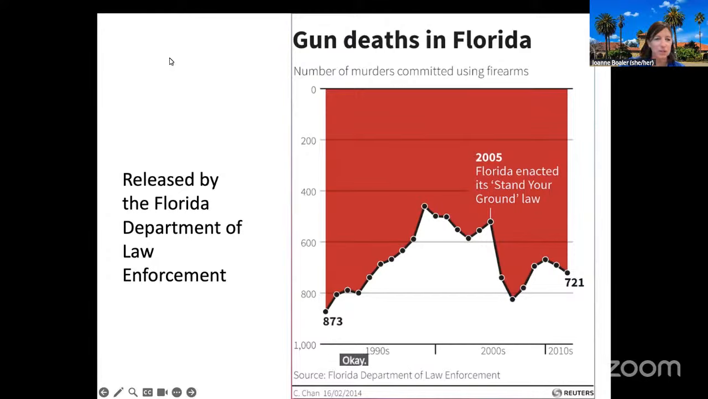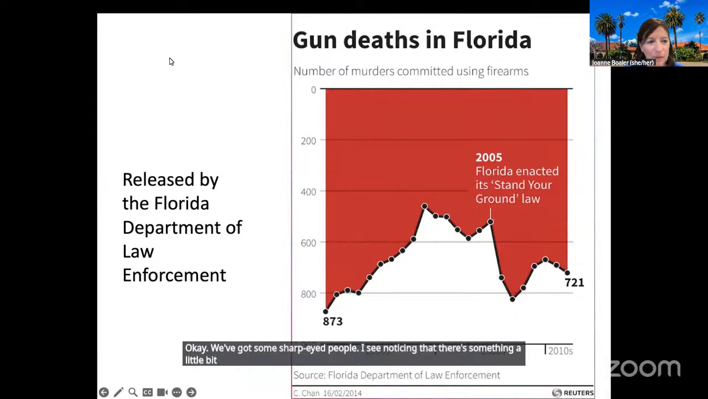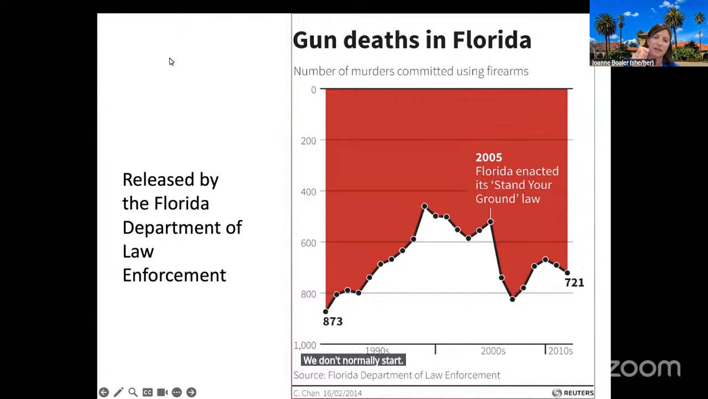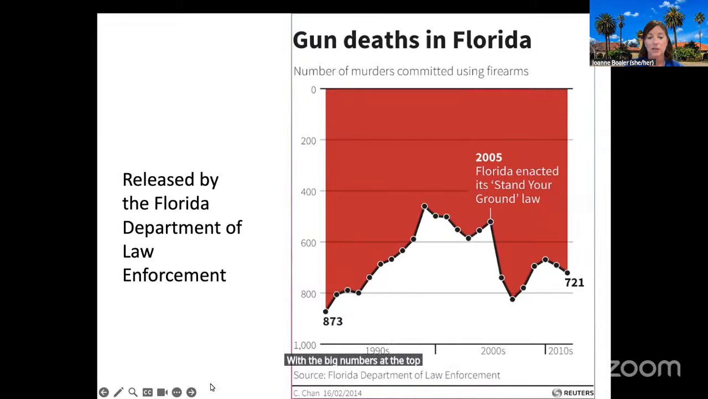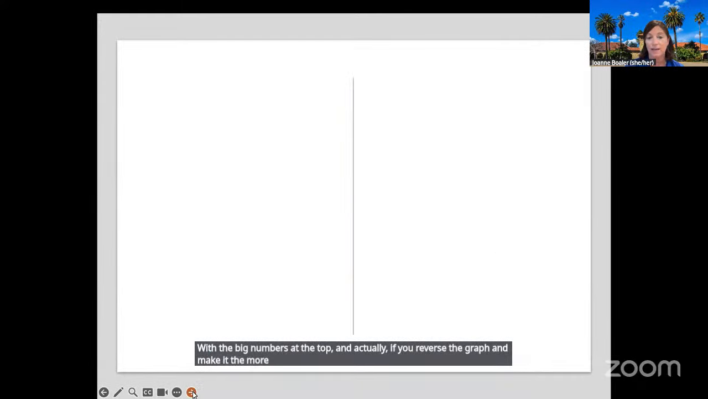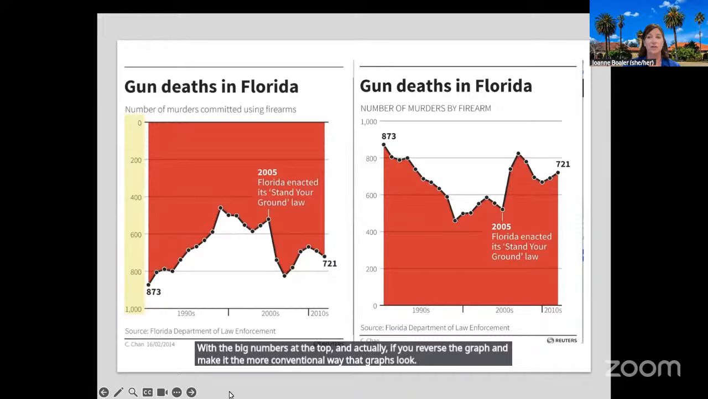Okay, we've got some sharp-eyed people, I see, noticing that there's something a little bit odd about this graph, which is we don't normally have the zero at the top of a graph. We normally conventionally share it at the bottom of the graph with the big numbers at the top. And actually, if you reverse the graph and make it the more conventional way that graphs look, it looks very